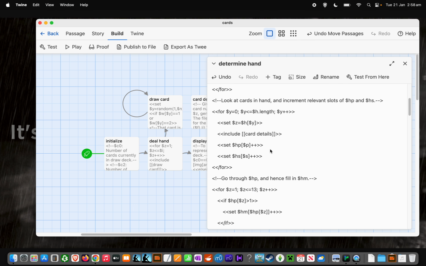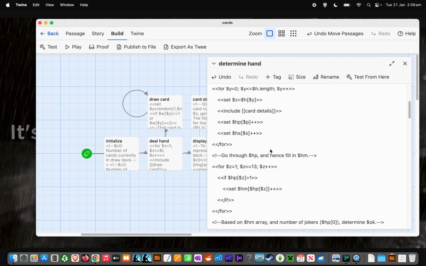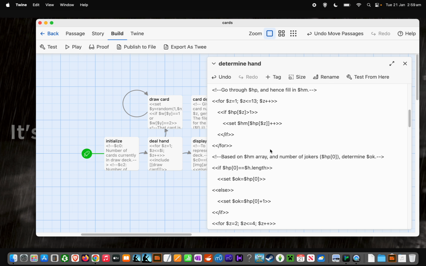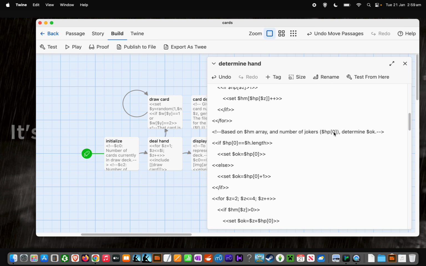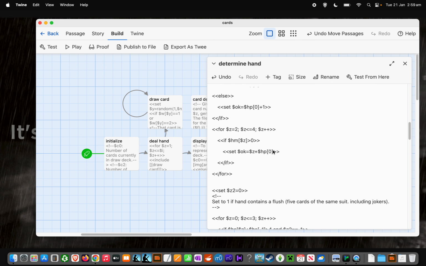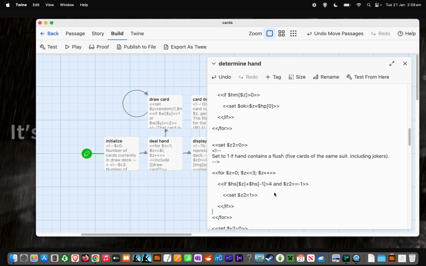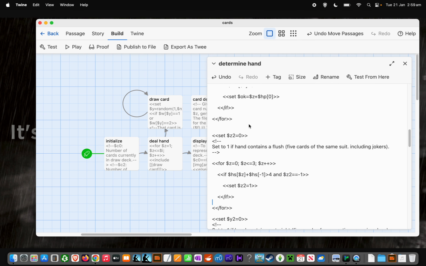Now, I could have used, you notice that I used $HP0 for the number of jokers here, and I used $HS minus 1 for the number of jokers here. I could have swapped either of those. It's just because I was using HS, I used HS again. There's no real reason why. But if the number of cards you've got of a given suit plus the number of jokers you've got is greater than 4,